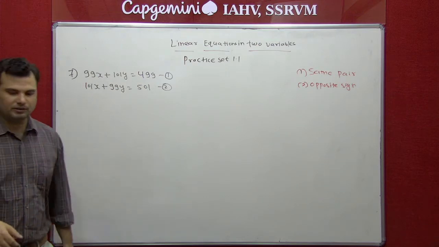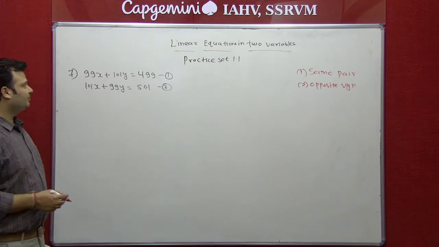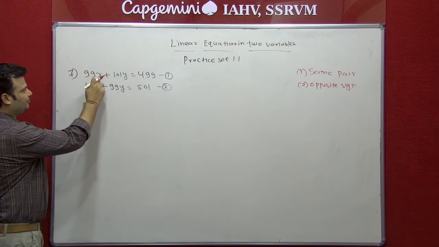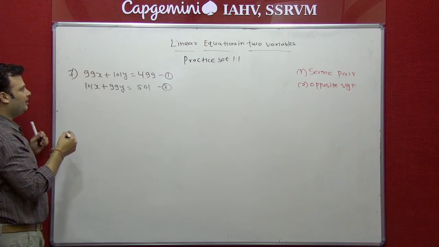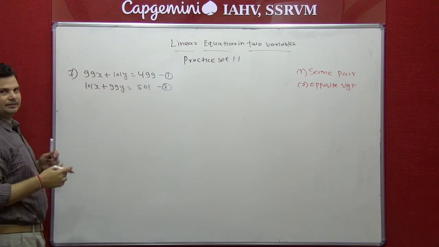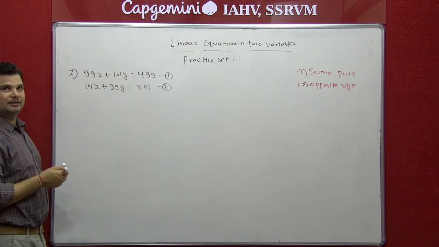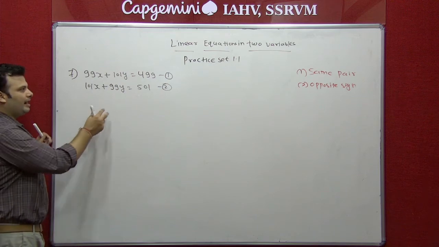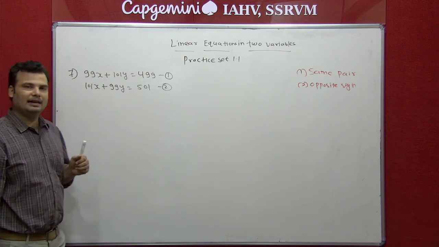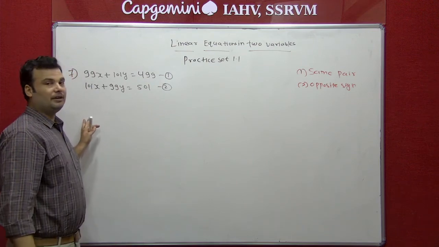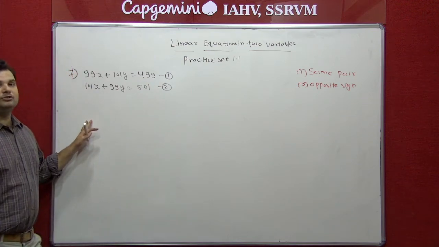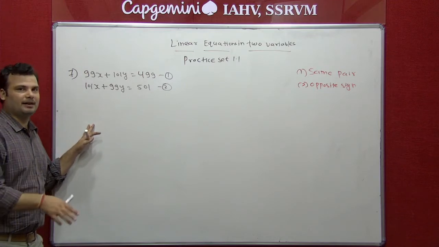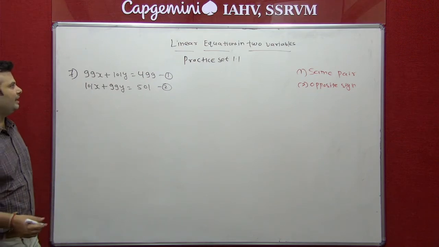So students, you can observe one important thing in this part: the diagonal relation. 99x and 99y are diagonal. Similarly, 101y and 101x. Whenever you see this type of sum with a diagonal relation, at that time we can apply a very important method. First we have to add one time and then we have to subtract, and that is a very important method. Always remember that whenever you see the diagonal relation, you first add and second you subtract. So let's start, first we add this.